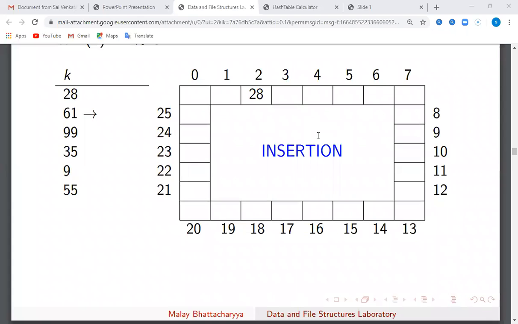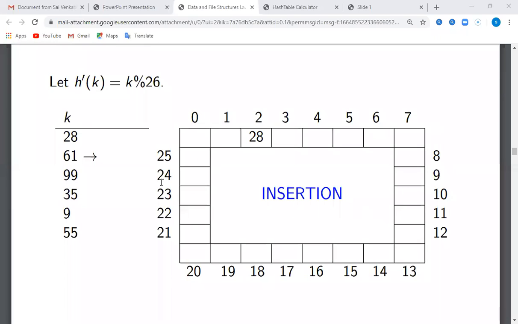Next one is 61. 61 modulo division 26. All of you do it in your notes and tell the remainder. It is 9.